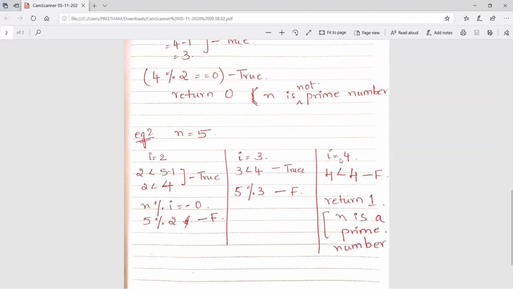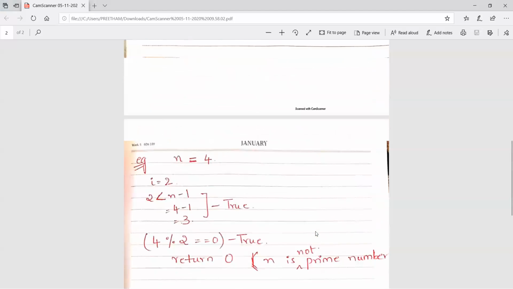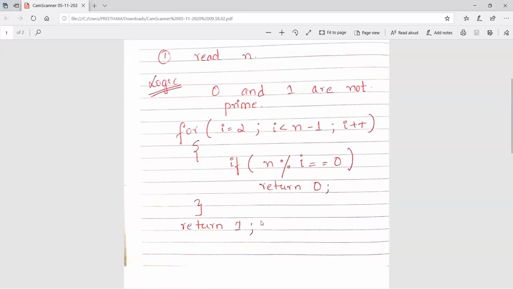I value becomes 4. 4 less than 4, false. If after all the iterations of the for loop the if condition inside it does not execute, then we return 1. 1 indicates n is a prime number. So 5 is a prime number. This is the main logic we need to check if a number is prime or not.